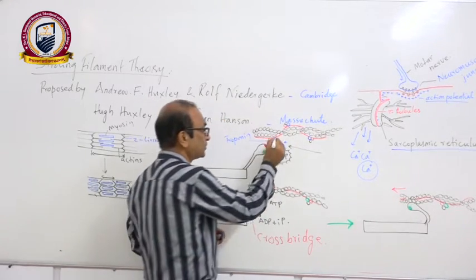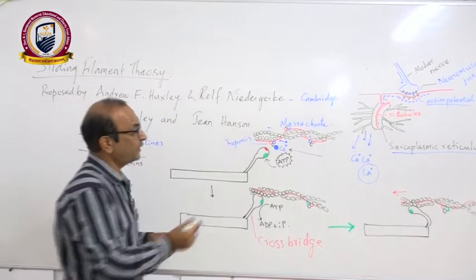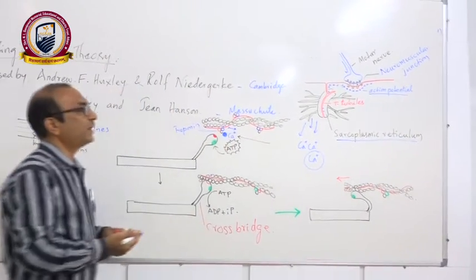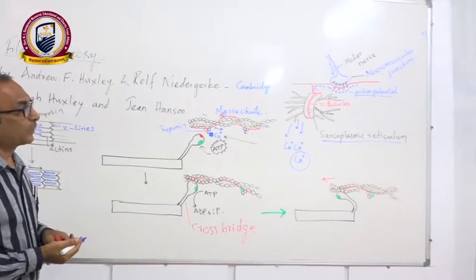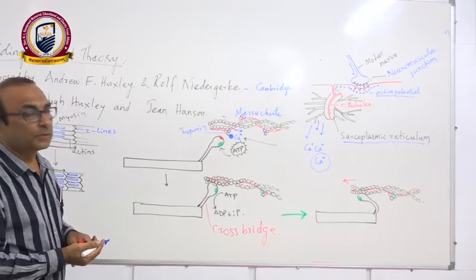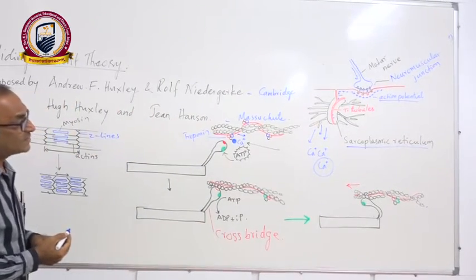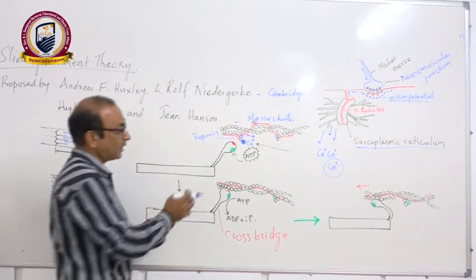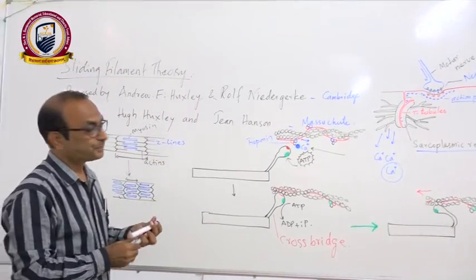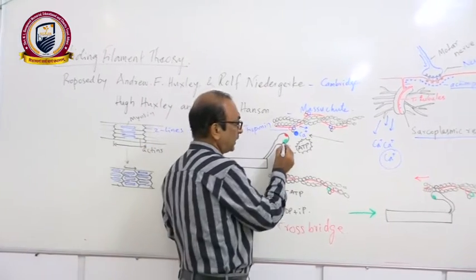the tropomyosin will be pushed away from the active sites of the G protein molecules, or G actin subunits, in the actin molecule, so that the active sites of the actin molecules are opened. And when the active sites are open, another thing is now happening: